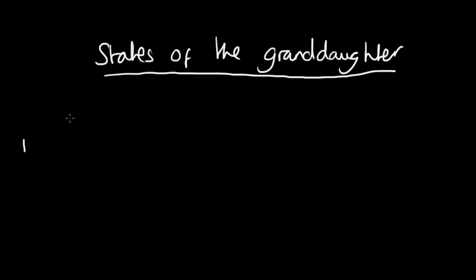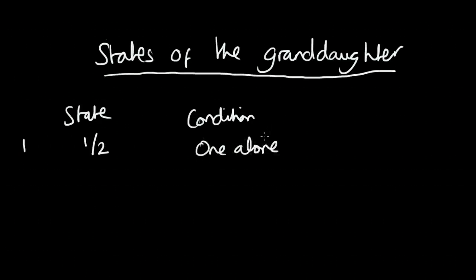So the first one is that the granddaughter gets a half, and the condition for this is that there is one alone. There's one granddaughter alone, and we'll come on to what this means and the meaning of granddaughter shortly. The second state